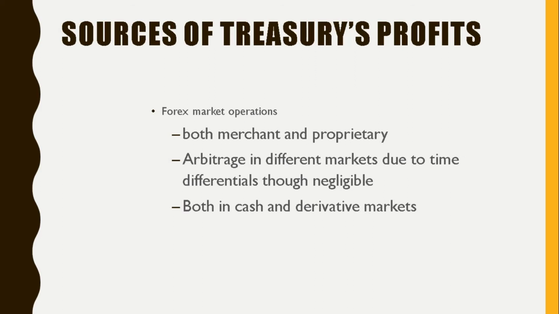Now, what are the sources of treasury profits? Where does the treasury make the profit? From merchant and proprietary trading, and arbitrage in different markets due to time differentials, though negligible. Now, arbitrage means doing business wherein you check the rate from one market to the other. And even if there is a slight increase or decrease in the price, you sell or buy on these markets. So arbitrage is basically playing on small differentials and making profit,